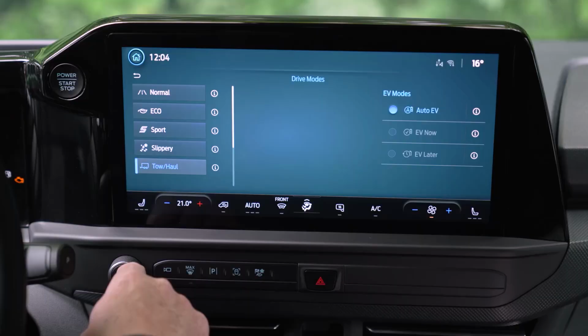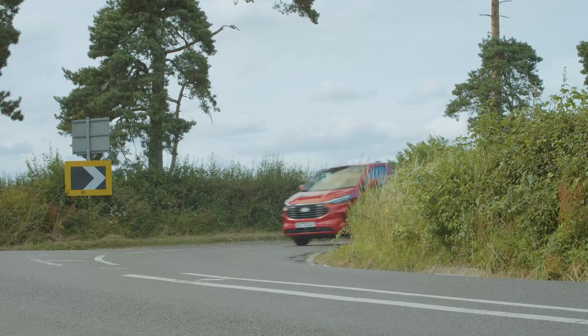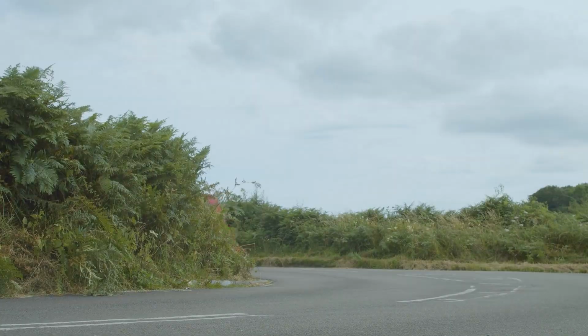There's a tow haul drive setting that can help with that, which is in addition to the usual drive settings: normal, eco, sport and slippery. You might think a sport mode to be somewhat redundant in a van, and on most rivals to this Ford it would be. A Transit Custom though has always been a more engaging sort of steer, and in this second